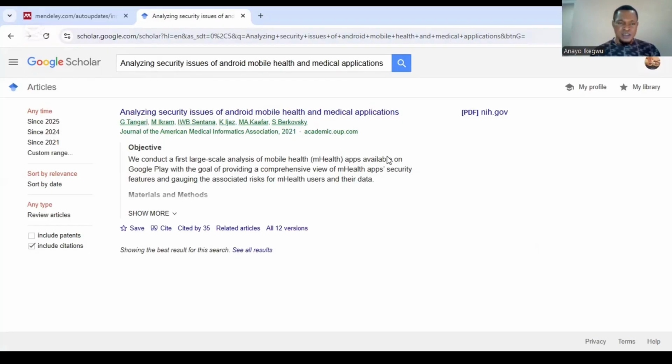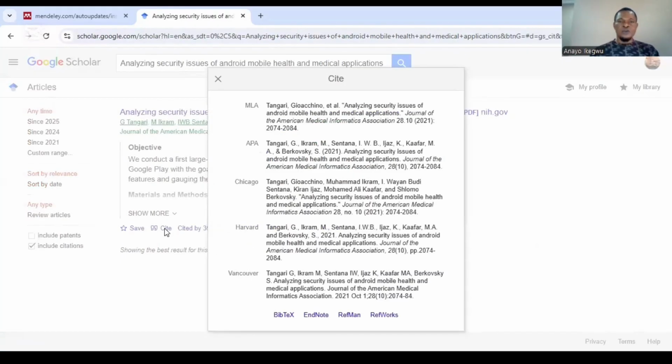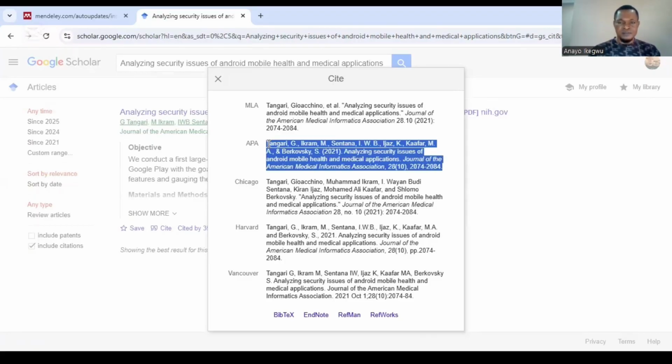What do you need to do here? Go to this double quote. You see Cite. Click on Cite. You now see the proper citation of that article or journal. You see MLA, APA style, Chicago style, Harvard, Vancouver. So depending on the one you are using, let me say I use Harvard style. I can copy it. Then go back to